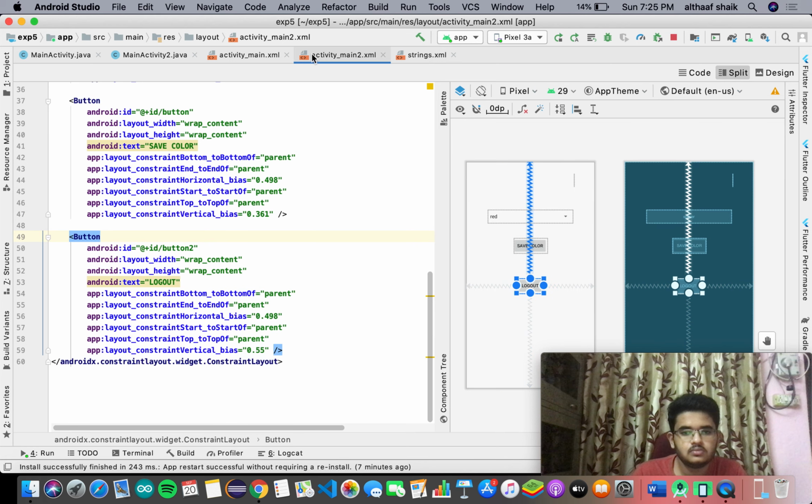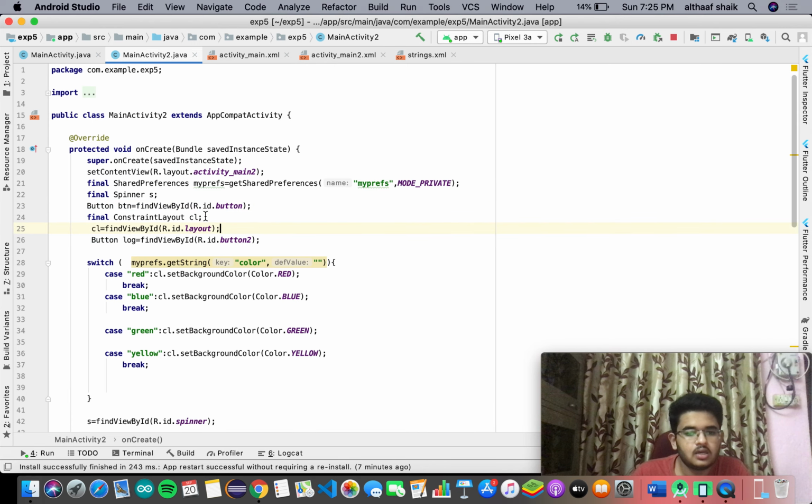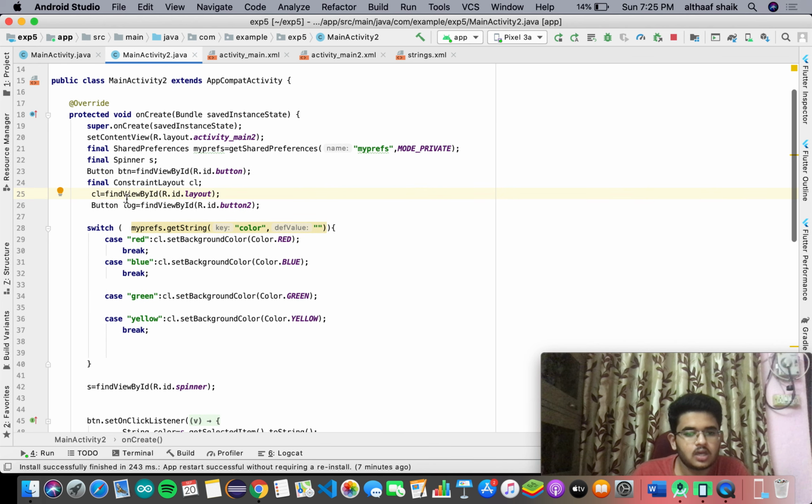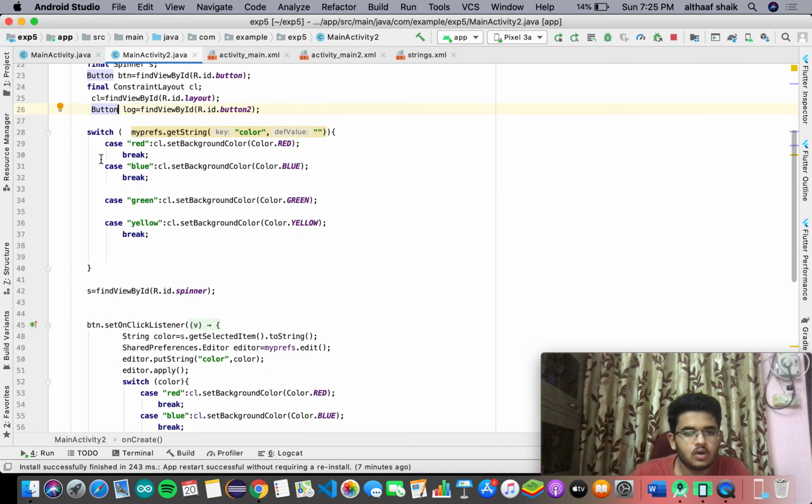Here I'm getting the constraint layout object so that I can change the background color, and the button. As soon as the logged in screen appears, I'm checking whether a color is already stored in shared preferences. If a color is stored, then I set the background to that color. If it is not stored, then it is fine.